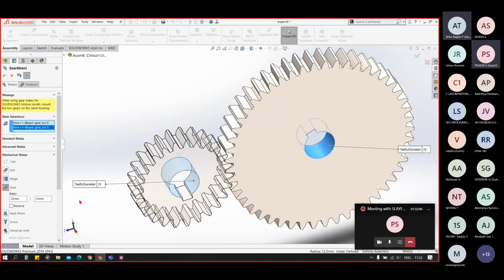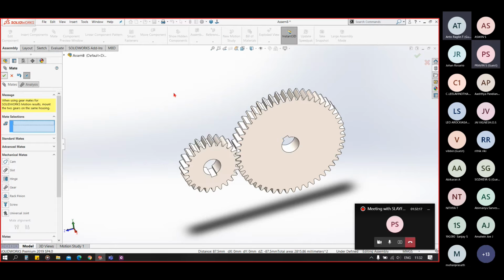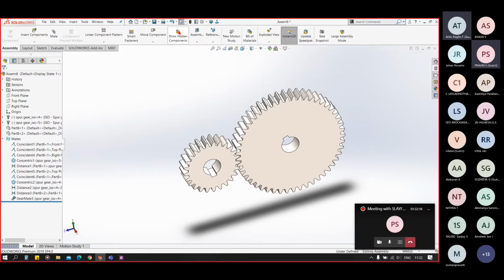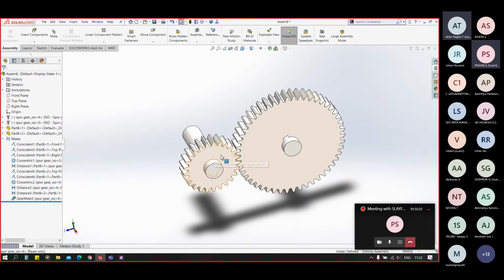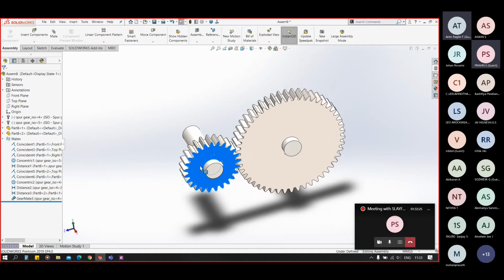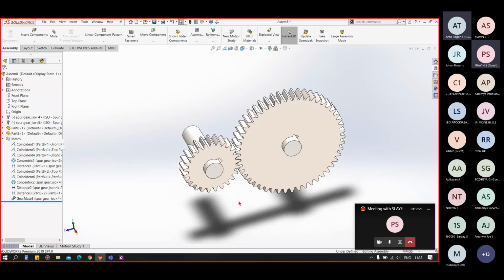We have 25 teeth in this, so I'll keep this as it is. We have 50 here, so I'll change it to 50 and click OK. Go to show hidden, click on those, exit show hidden, and you can see we have our gears rotating.